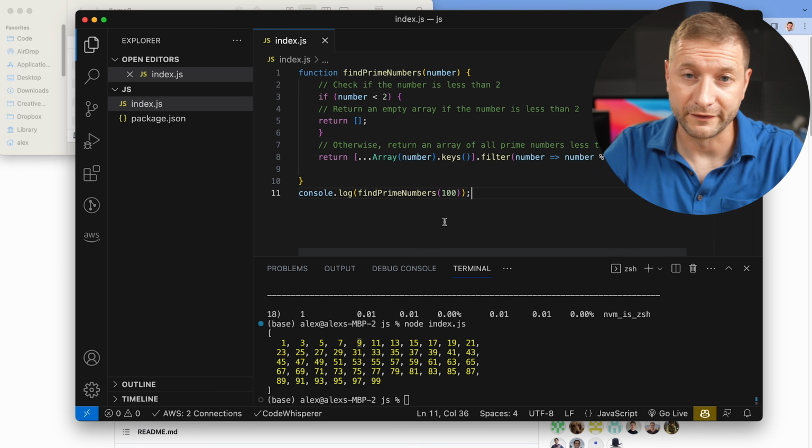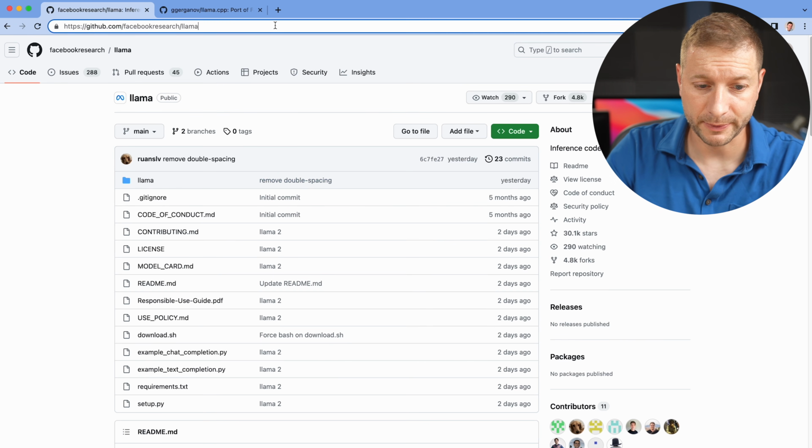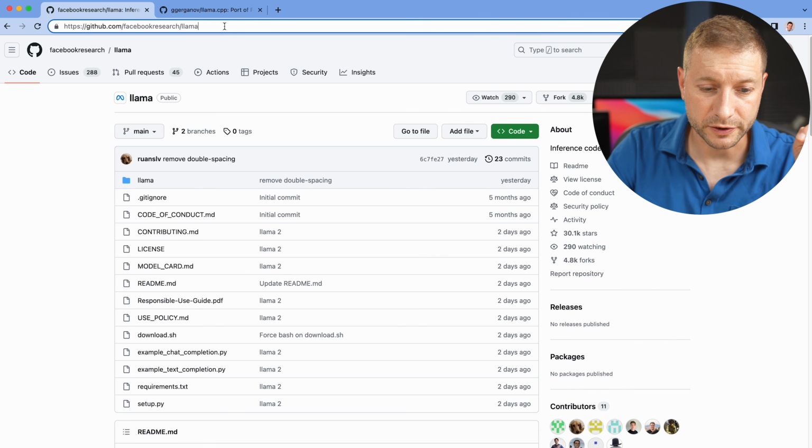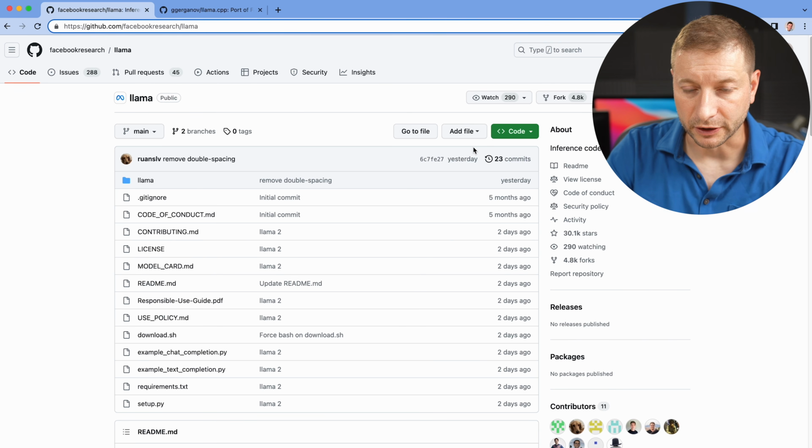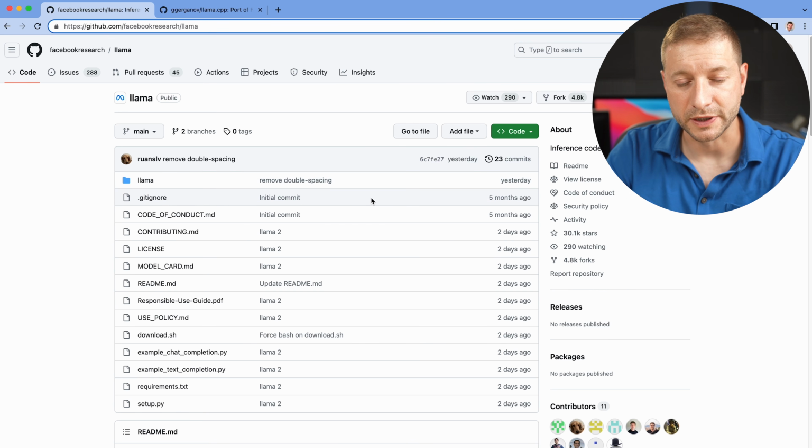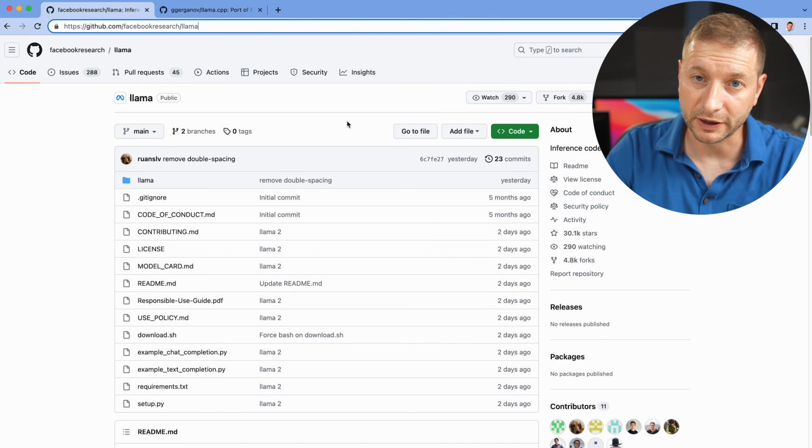If you don't have an Apple Silicon machine, running Llama is easy. You go to the GitHub URL, and I'm going to leave all the links down below, including the instructions and the steps. You're going to go to this one, Facebook Research/Llama on GitHub. You're going to clone this repository, follow the instructions, and boom, you're done. That's if you're running on Linux or Windows, but this is not going to work on Apple Silicon. There is a C++ project that's also open source, and that one will.